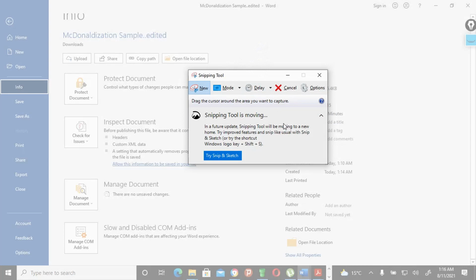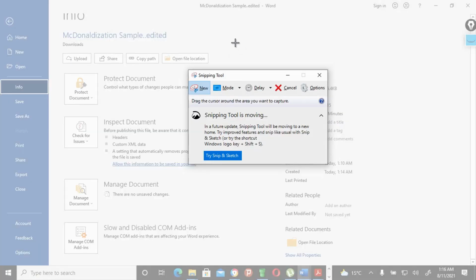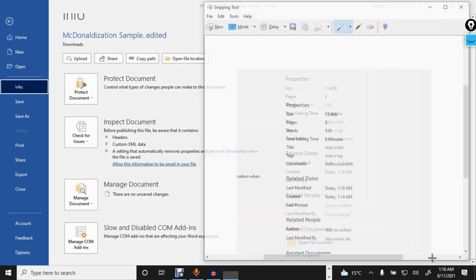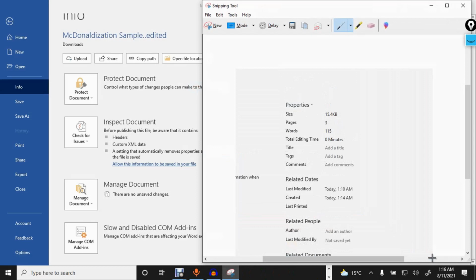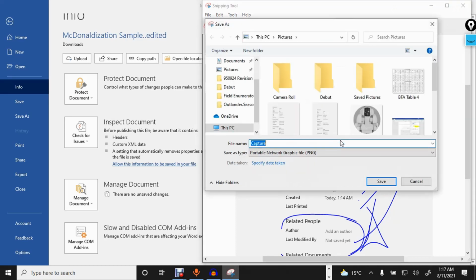You snip and then you come here and place new, and then you just take this and you attach this image to your email to show me that there are no document properties here, okay, here. So that is what I will expect you guys to do, and I'm looking forward to receive this email and I see the progress that you're having.